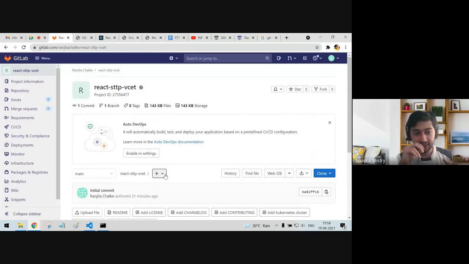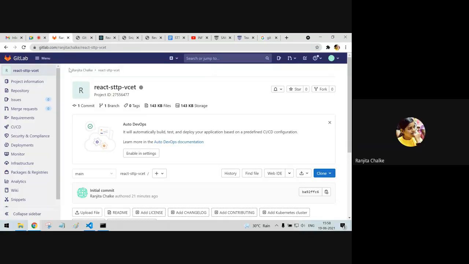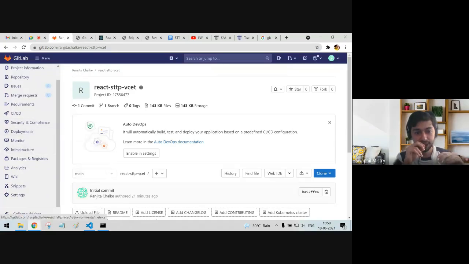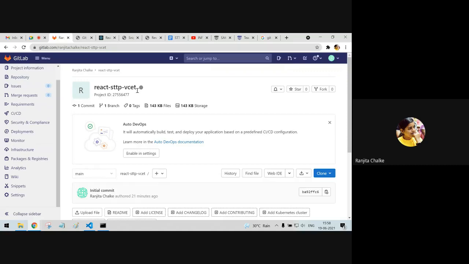You might have clicked on add the readme file. That's the reason you're not able to see it. Okay, got it. I'll create a new project again. Yeah, you can delete the existing one and create a new one. Okay, sure, sir. Thank you.